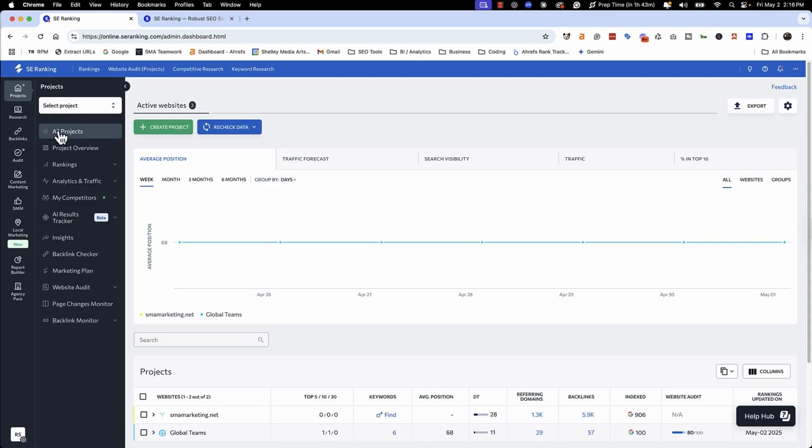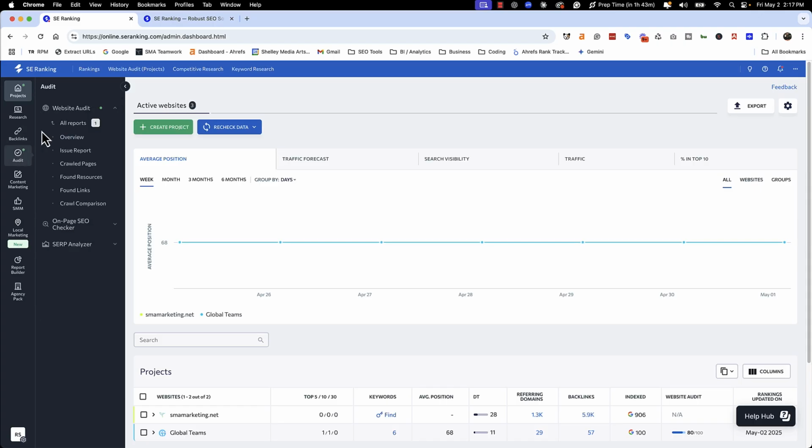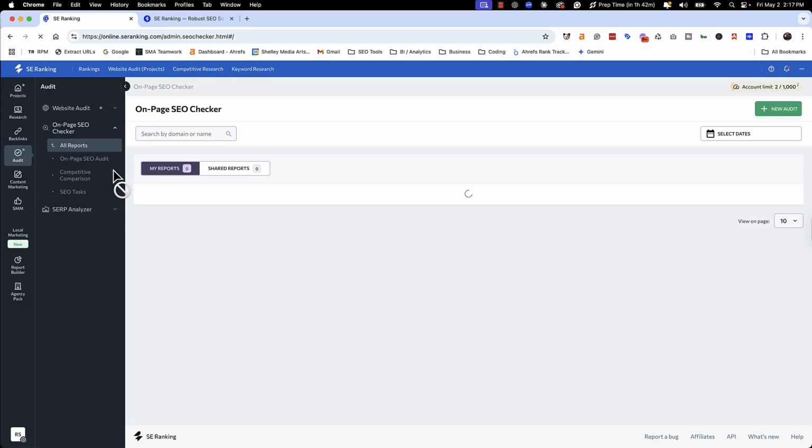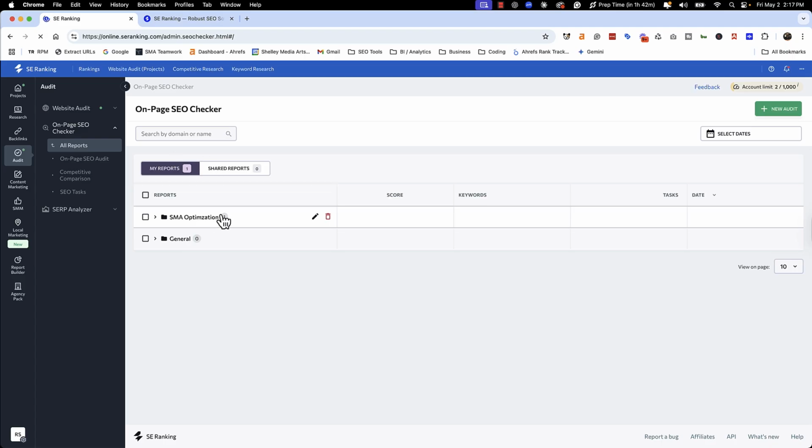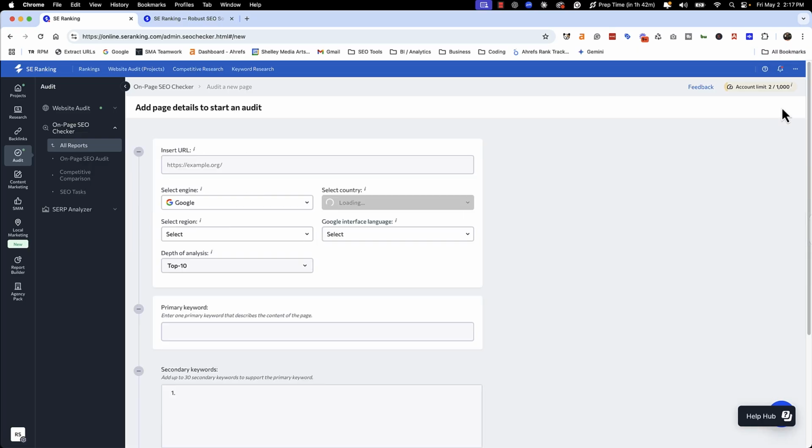So once you're inside the tool set, you're going to go over to Audit. They've got a normal website auditor that's also very, very good. They've got the SERP analyzer, and in between, we've got the on-page SEO checker. So when I open up this tool, you'll see a list of your reports here. I've already done one report, but I'm going to do one in real time just to walk through all of those things. Under this, we've got the audit, we've got competitive comparisons, and we've got SEO tasks. We'll walk through each of those. So the first thing you're going to do is start a new audit,